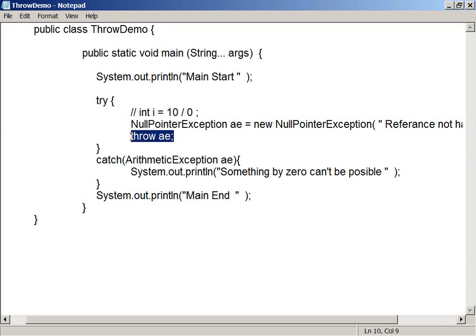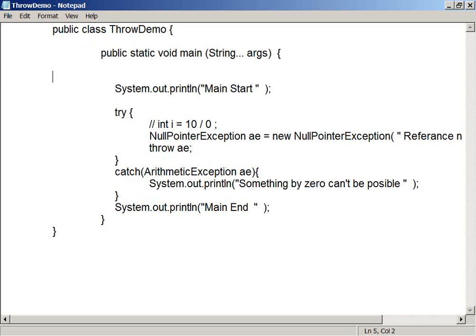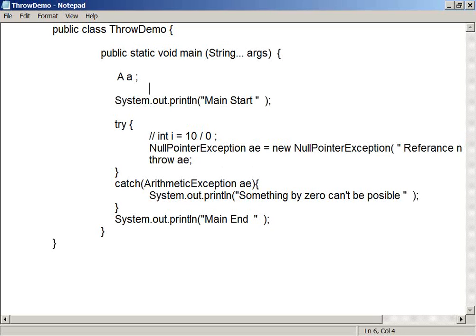NullPointerException is a very important, commonly occurring exception. Whenever you try to call a method of a class, like a dot method, is it possible? It is not possible. Why?